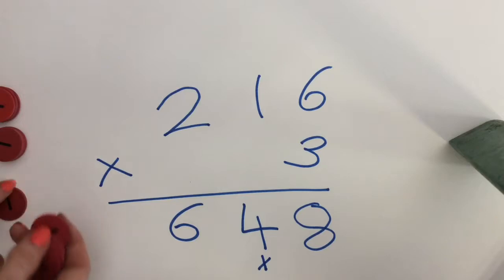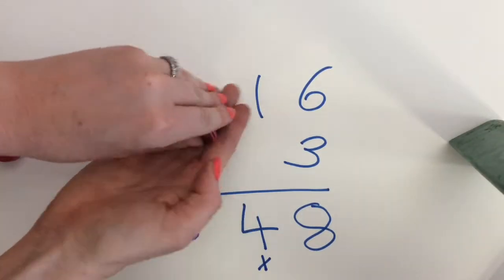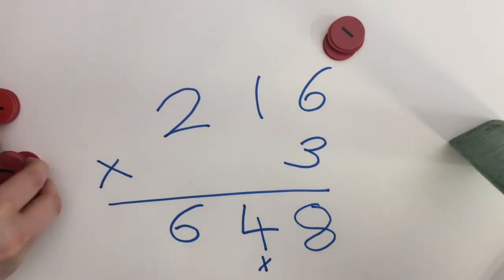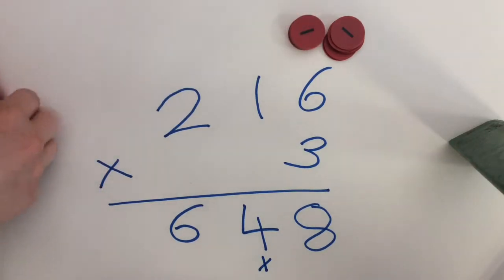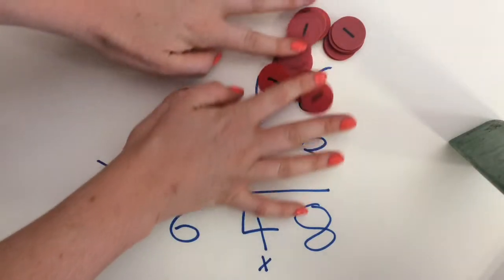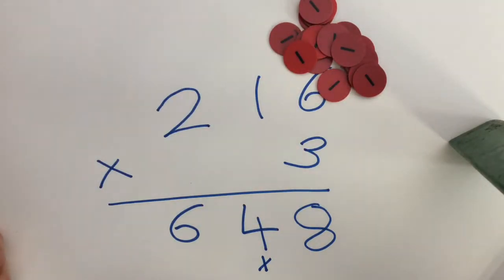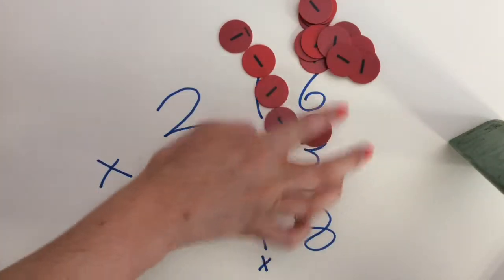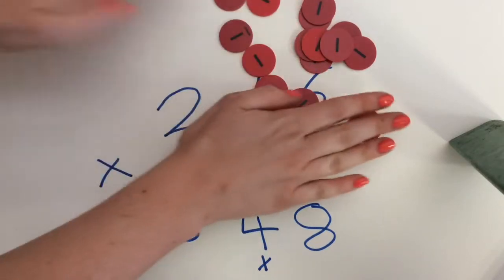So now let's have a look with counters. So I'm going to do 3 lots of each number. So 3 lots of 6 ones to begin with. Look at my place value video if you've not seen me use counters before. So I'm creating 3 piles of 6, giving me 18 in total. And because that's more than 9, so I can't have 2 digits in that column, I need to exchange 10 of these for a tens counter. So I'm taking 10 away,